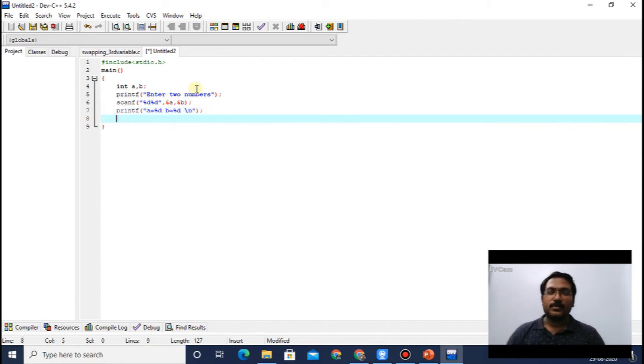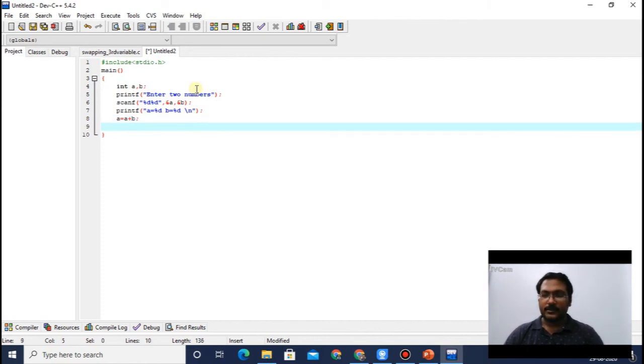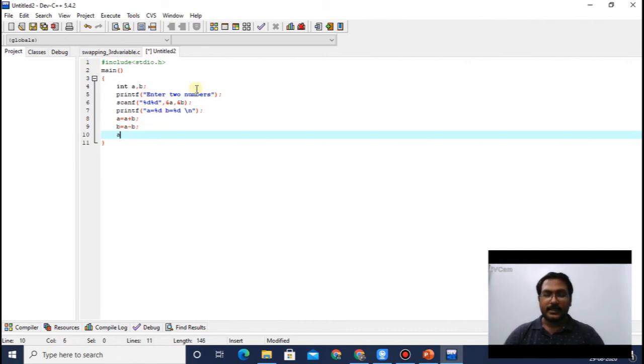Now we will do the swapping. So the steps are a is equal to a plus b and semicolon, enter. B is equal to a minus b semicolon, enter. Again a is equal to a minus b